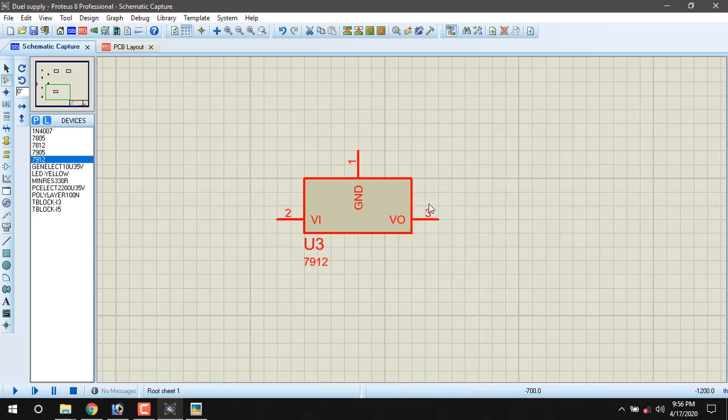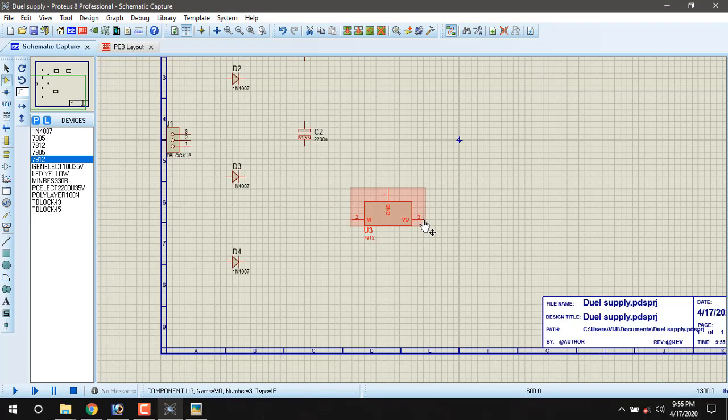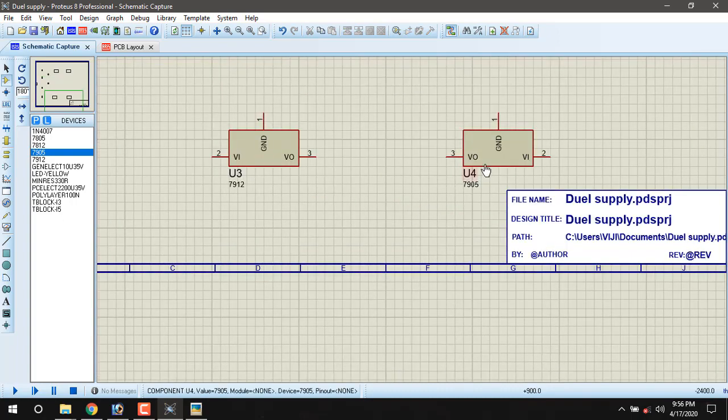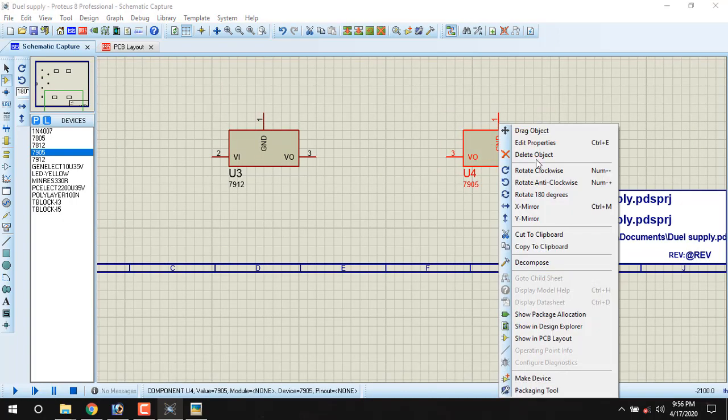So input is here, output is here. So also 7905. Here also we need to XY mirror.